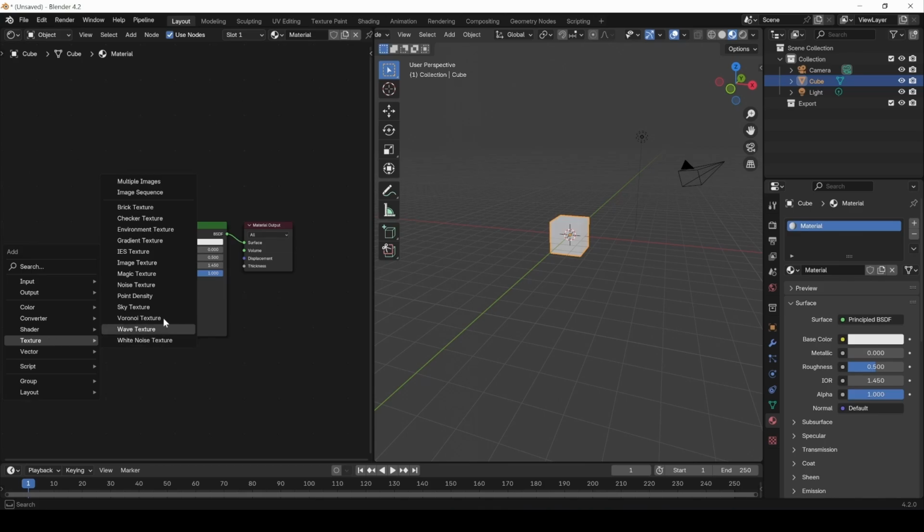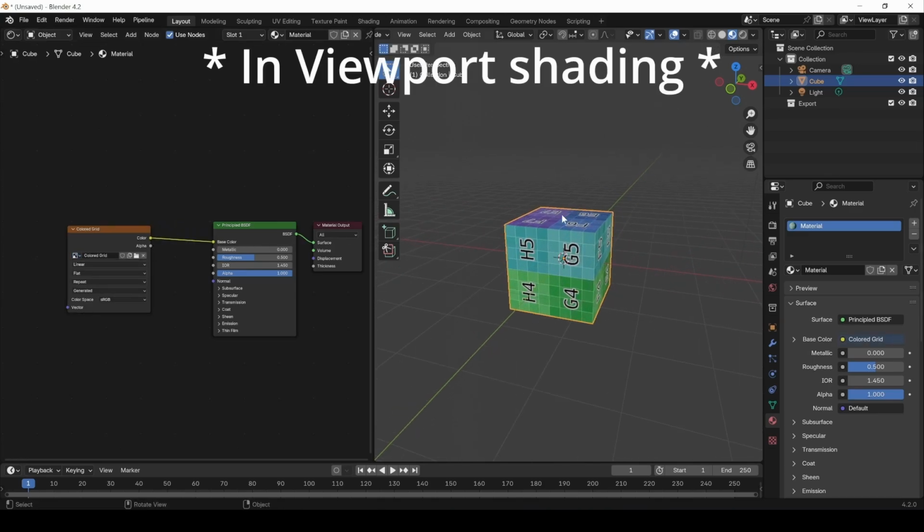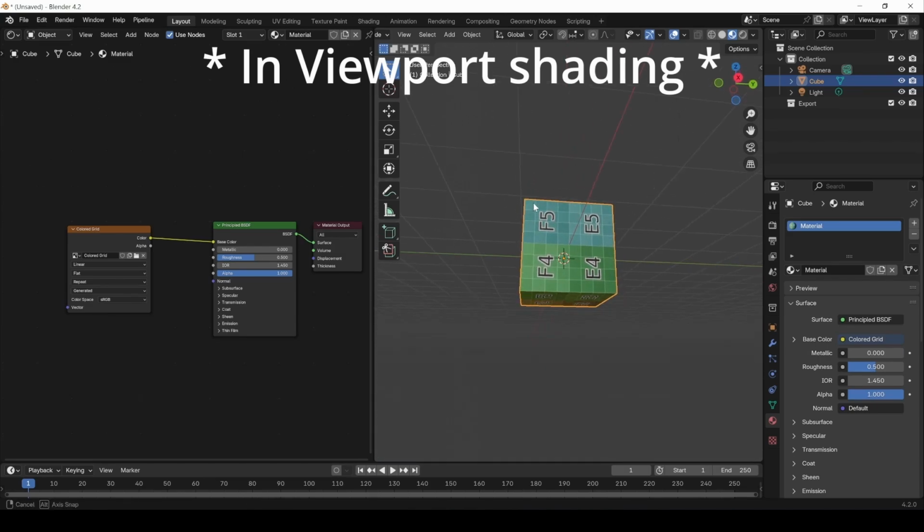Then go texture, image texture, and right here you have the colored grid that we have created, and now you can link it to the base color, and when we do this we get this. Okay,